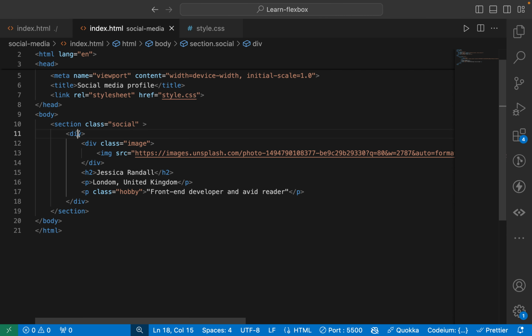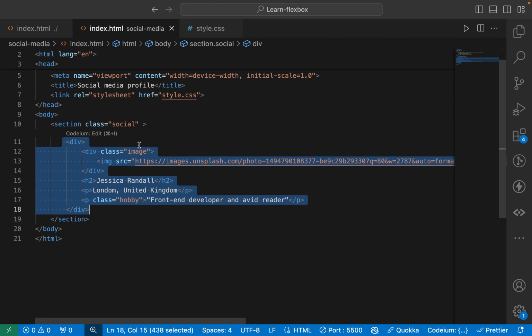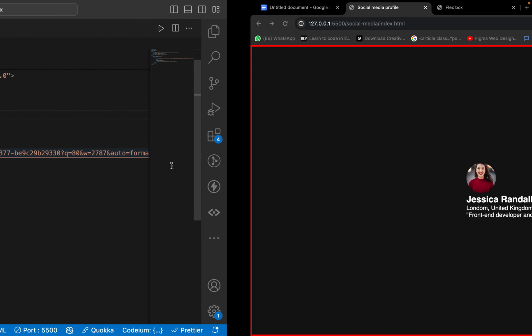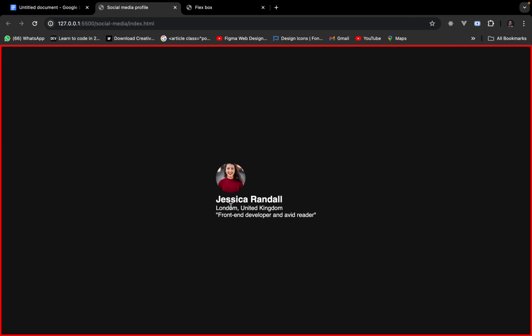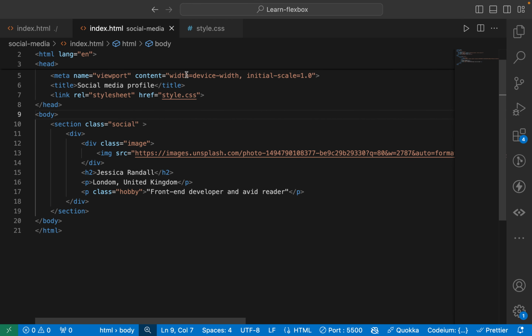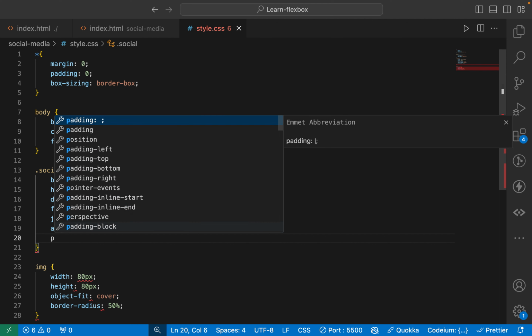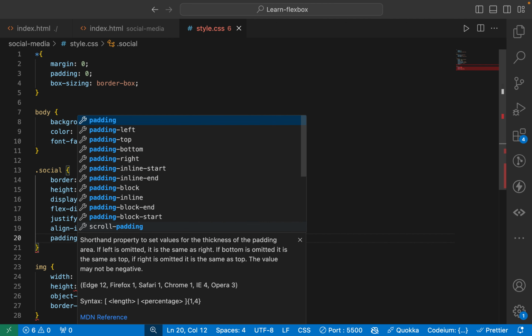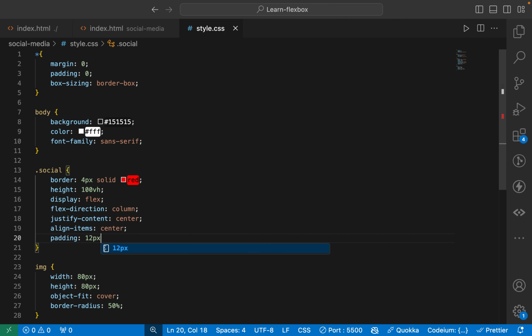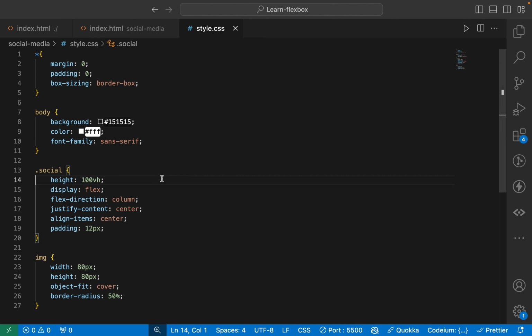So this flex applies to this. Alright, so that is that. And then what else are we going to do? So let's add a little bit of padding. So let's have padding here to be 12 pixel. Alright, so I'm going to take this, cut it off, and then what am I going to do now